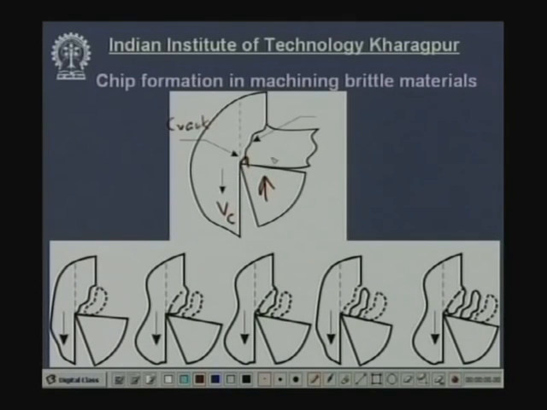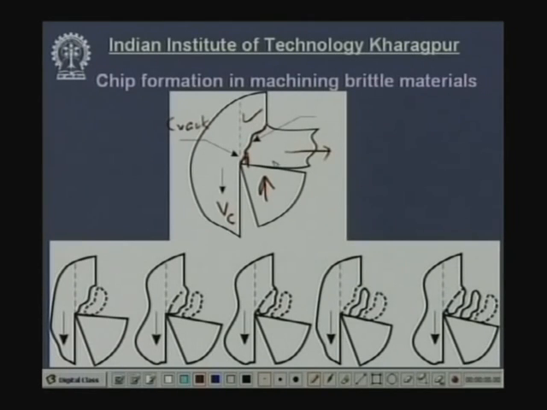Now, if it is a ductile material, then because the stress will exceed the yield strength, there will be yielding and the tip of the crack will be rounded, and because of rounding the stress will fall. So, this will not propagate. But if it is brittle material, then there will be a lot of stress concentration at the tip of the crack, and that will exceed the strength of the material, and that crack will propagate in a random path through the minimum resistance path, and this propagation of the crack will quickly separate the chip from the parent body.